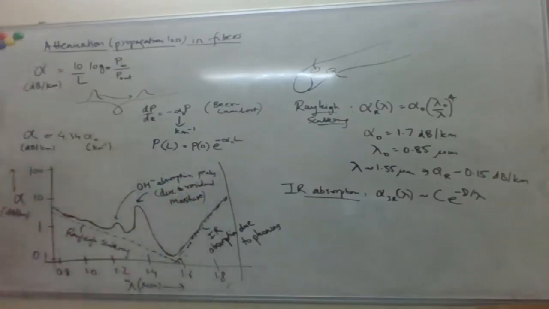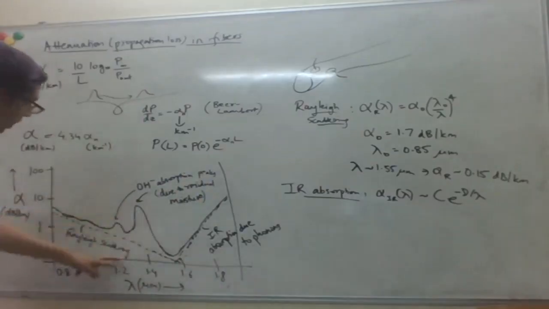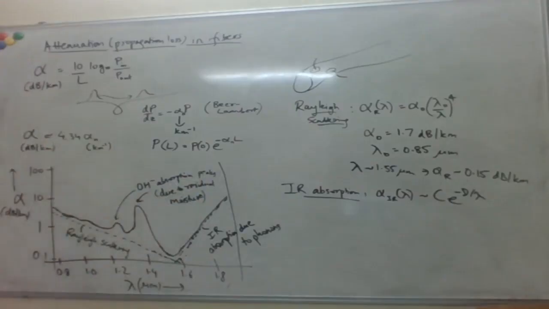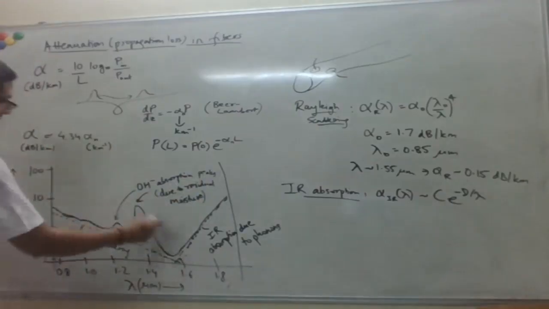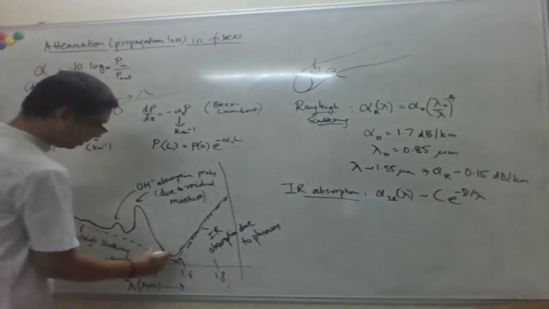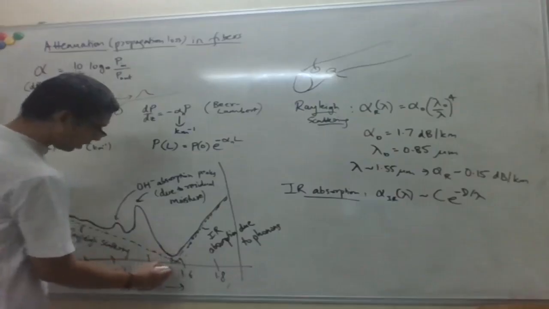Okay, so these are not fundamental. These are because there is some residual moisture remaining typically in the fiber. So these peaks occur around 1.4 and like 1.24 micron. Okay, but you can see that typically what happens is the minimum loss occurs around a wavelength of 1.55,